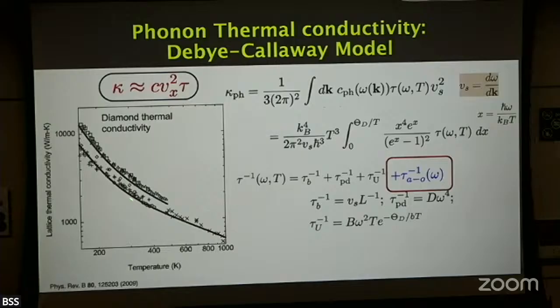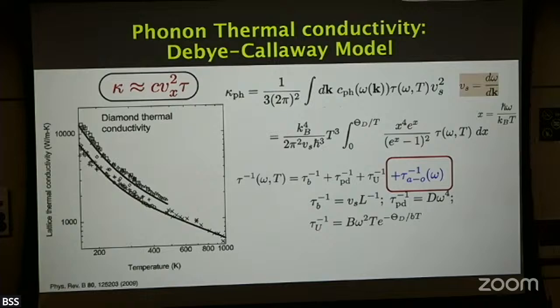And then when you actually take into account the mass difference, you can get these two curves, which are amazingly doing well, okay? So this is a great example of this. But if you look here, if you have some unknown material, unknown amount of disorder, unknown amount of how clean the crystal is, and so on, and then you measure the thermal conductivity, which usually has a big peak and then comes down, and then you try to fit this data, even though you actually know v_s, the speed of sound, this actually has many fit parameters.